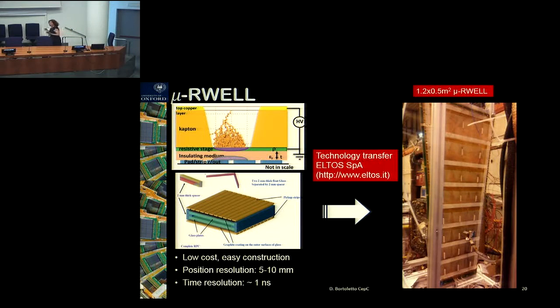Okay, so one of the new technologies that is under consideration is called the micro-RWELL, and you can see here a picture of the micro-RWELL, where you almost have sort of a half of the GEM configuration. And so this configuration is more suitable to be industrialized, and it's been partially already industrialized. You can see here, you start with this Kapton copper layer on a resistive stage that then can be etched to form these holes in the foils. And then the gaps still have to be done in Rui's workshop at CERN, so